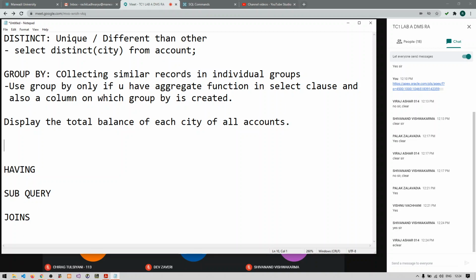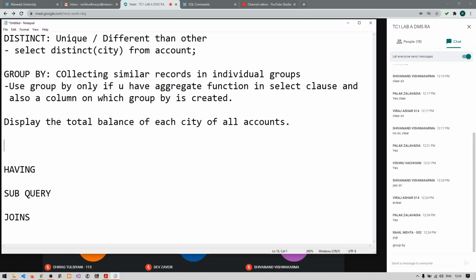Which aggregate function do we have to use?